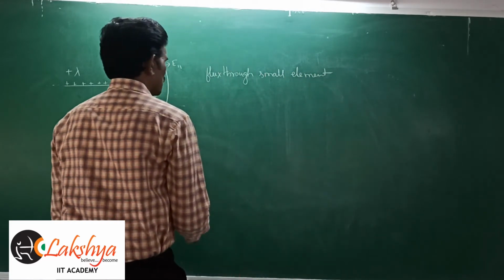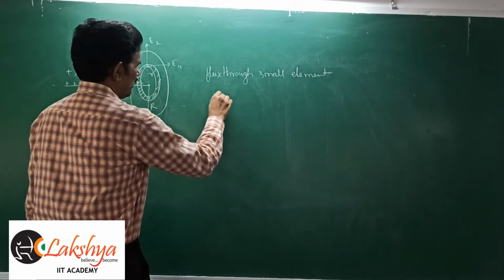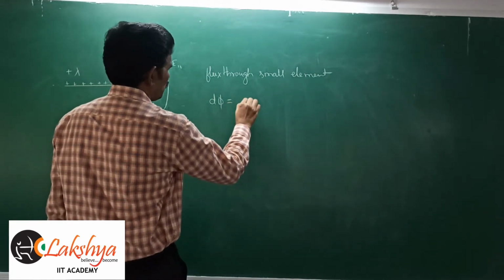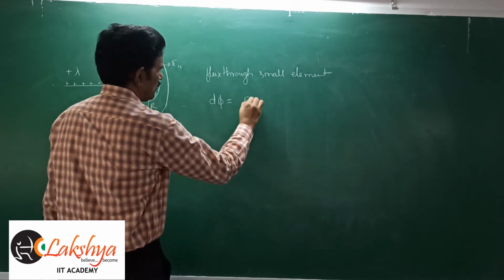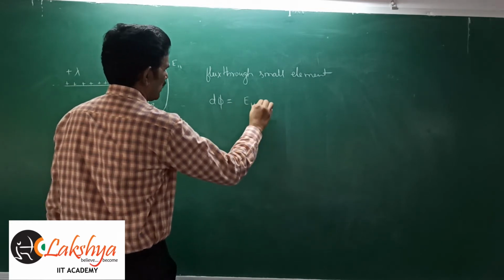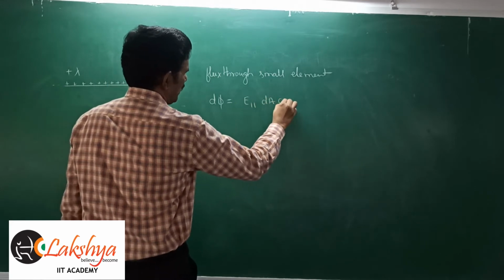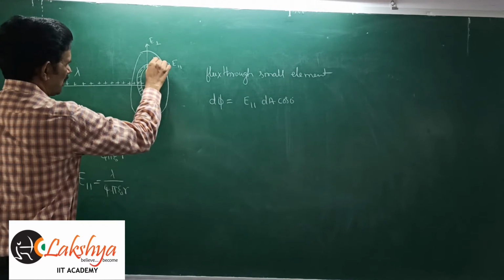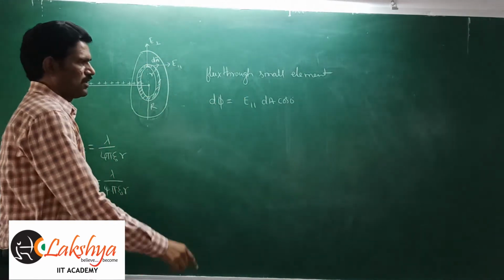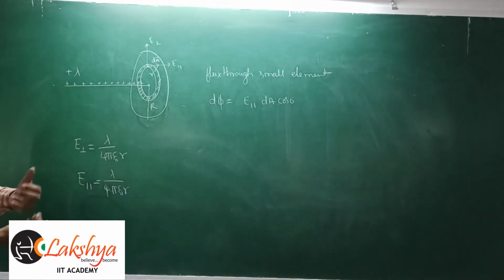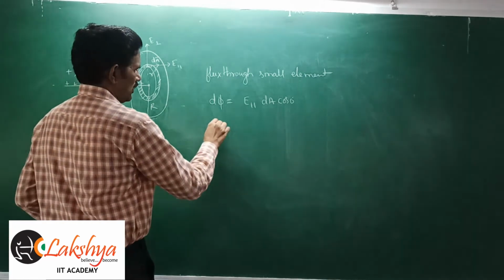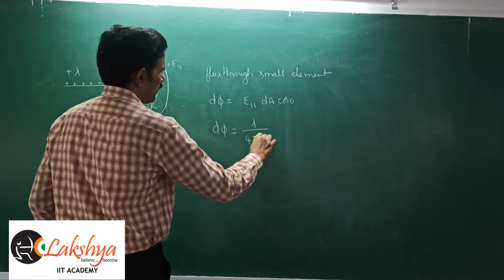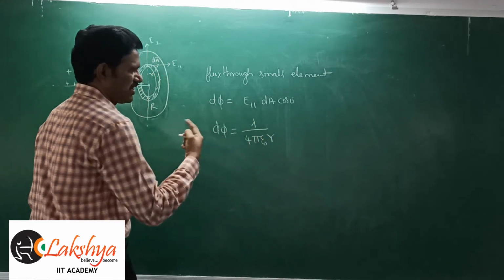So the flux through the small element we can write as d phi is equal to E parallel into dA into cos 0. That means here this dA also I am taking in the same direction, the area vector, and the angle between them, dA cos theta, so that cos 0 I am taking here. Therefore, this d phi is equal to lambda by 4 pi epsilon naught r into, now dA,